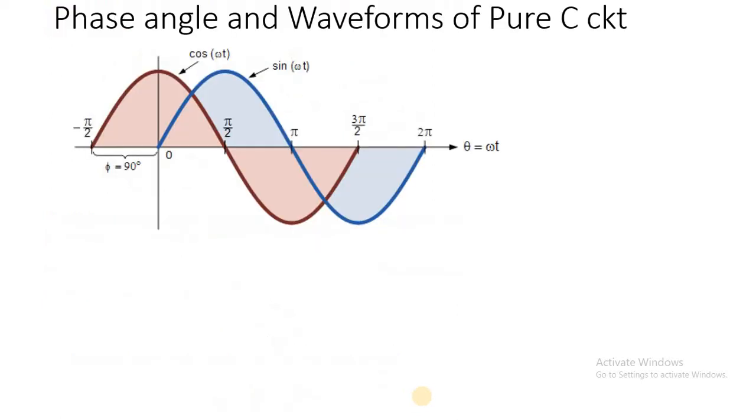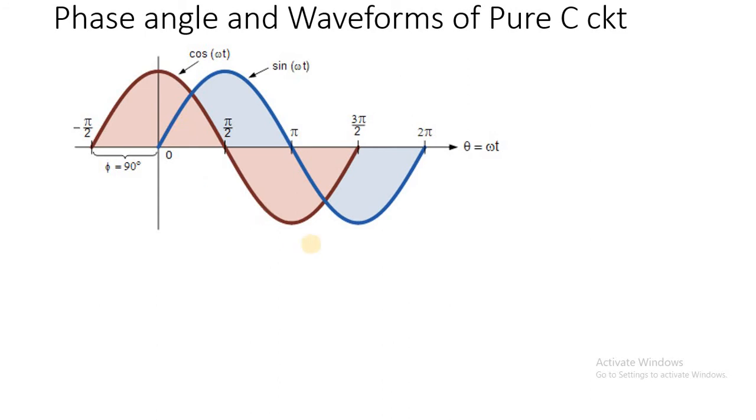So let's have the waveforms. Okay, as V is equal to Vm sin omega t, the voltage waveform, which is in blue color, is going to start its positive half cycle at omega t equal to 0. But the current waveform is the leading waveform, it's the leading current, so it is going to start its positive half cycle before omega t equal to 0. And how much before? 90 degrees before, because the angle is pi by 2. So the current waveform is going to start its positive half cycle 90 degrees before omega t equal to 0.